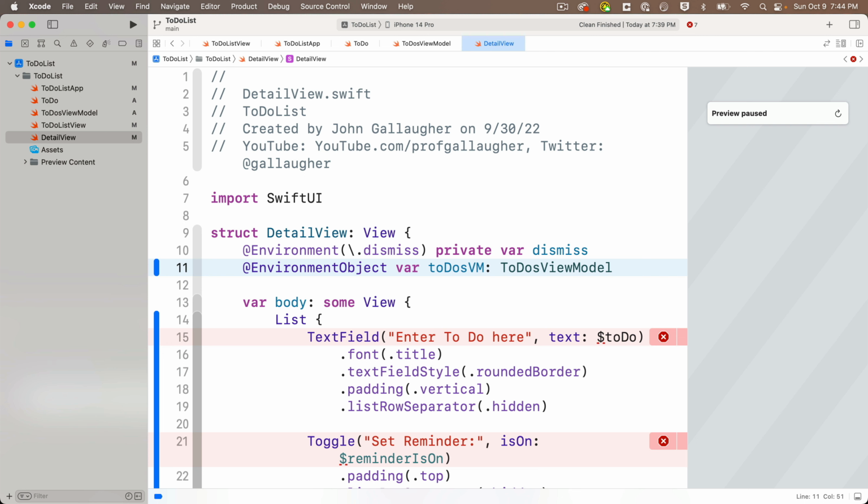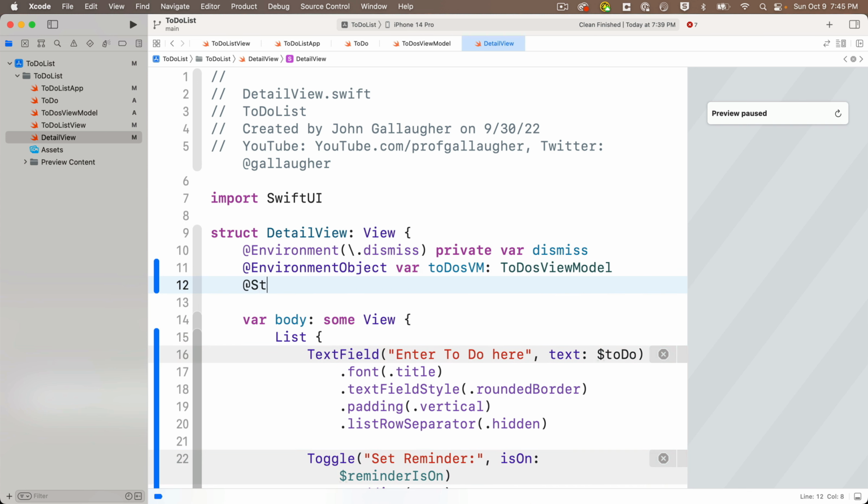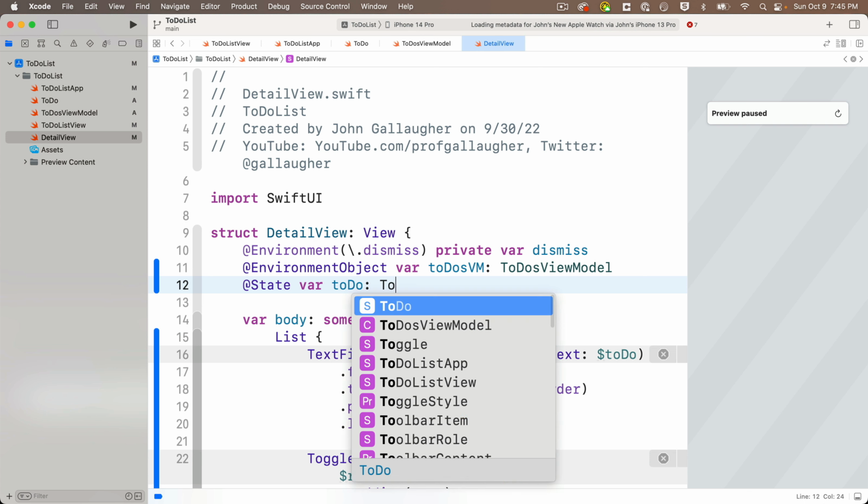It's going to be passed over from our to-do list view, and it's either going to be the item that's passed over from the navigation link when we click on one of those navigation links in the for each statement, or it's going to be a new to-do item that comes over from the sheet when we click on the plus button. So to create an item to hold a single to-do, we're going to create a new state variable with @state. We'll follow this with var, not private var, since we want to access it from the previous screen. We'll call this toDo, lower camel case, and we'll say colon, and this is going to be of type ToDo